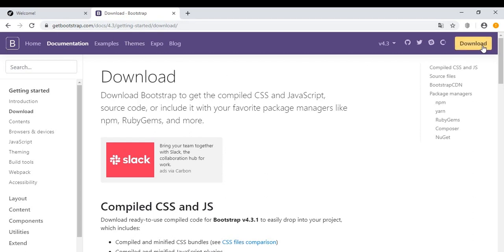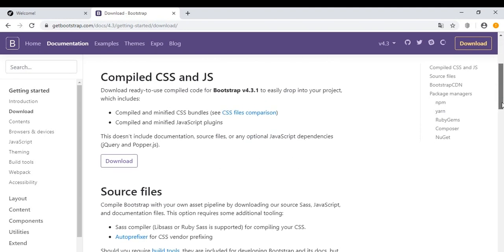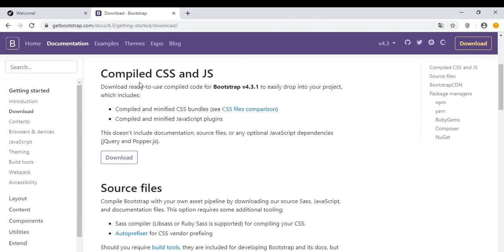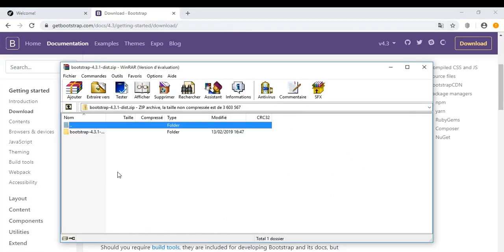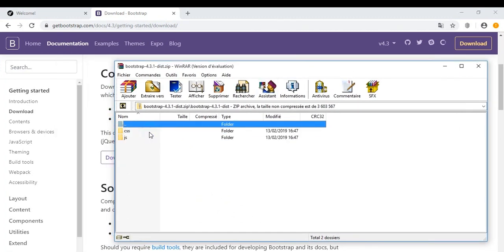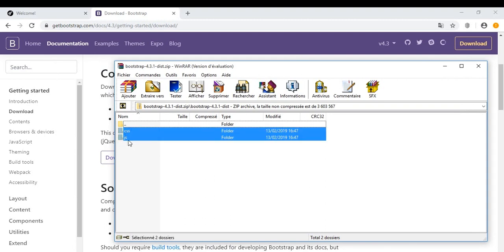So go to Bootstrap, click on download, and after that go here to download the JS and CSS for Bootstrap. So click on download, it will download it, and I will come back to you after the download. So now it's downloaded, and if we open the folder we will see this. So now we will copy the CSS and JS to our